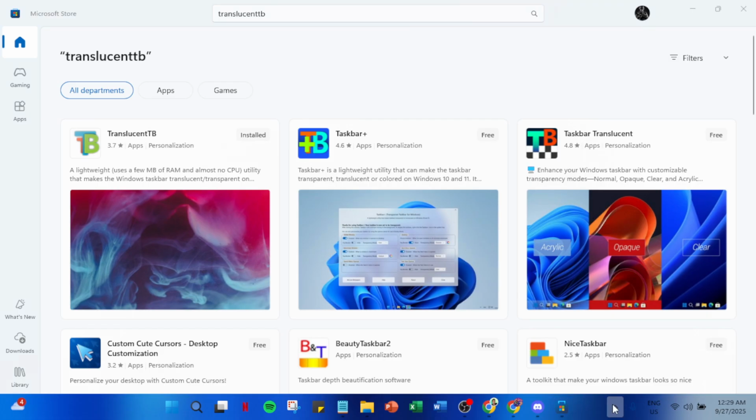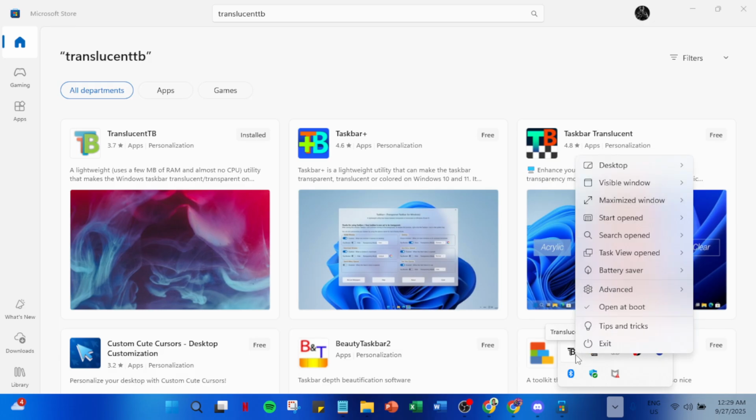The system tray is the collection of icons usually found on the bottom right corner of your screen, near the clock. If you don't see it right away, click on the little arrow to reveal more icons. After locating the icon, click on it to open the TranslucentTB options.